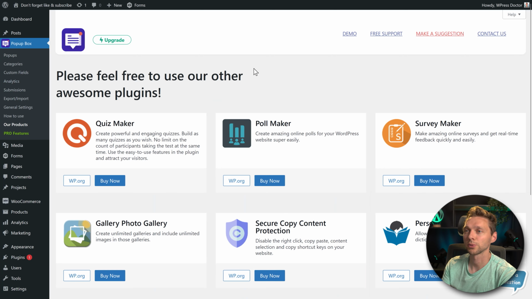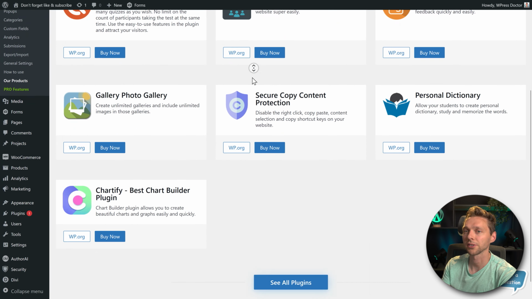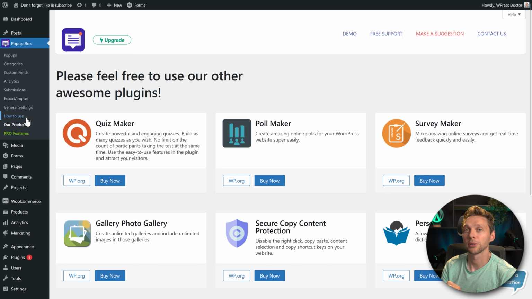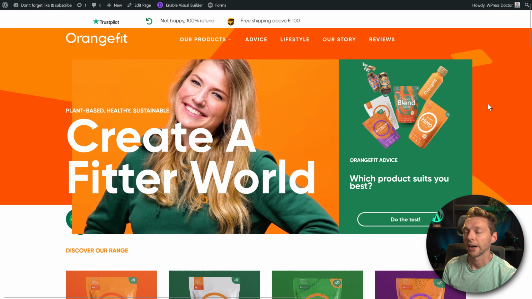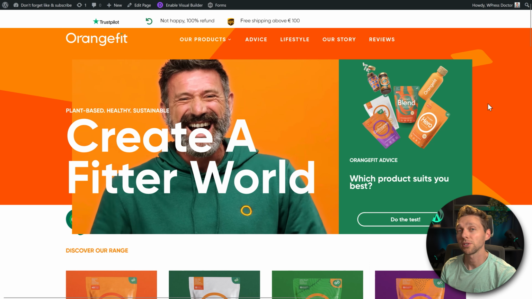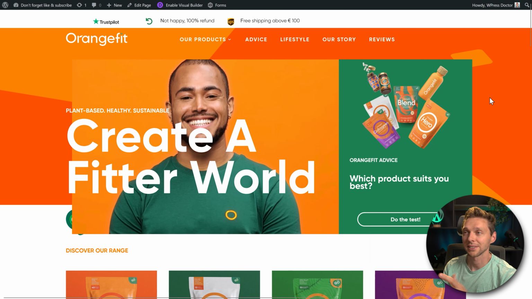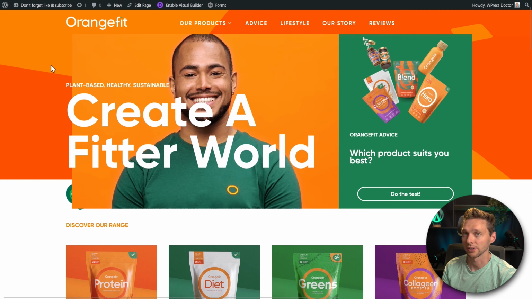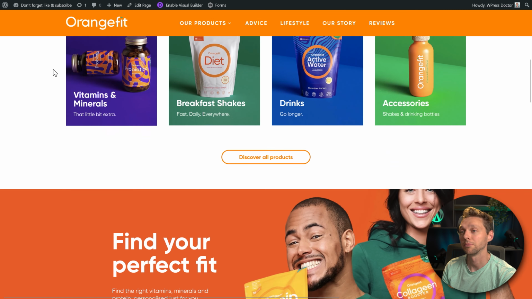Then we go to our products, we can see even more products of this amazing theme. Before we go to the Pro features and buy the actual Pro version, we go see our pop-up box. I have selected the option to only show it to the author. So that means only when I am scrolling now on my website, I will see the pop-up because I'm logged in. So no one else will see it.